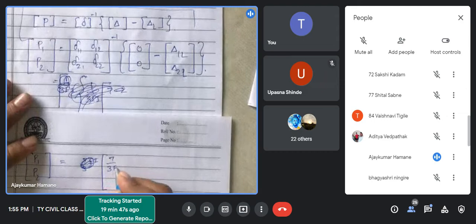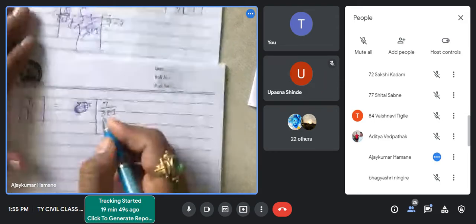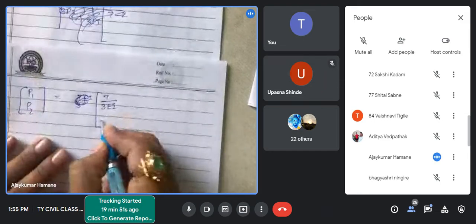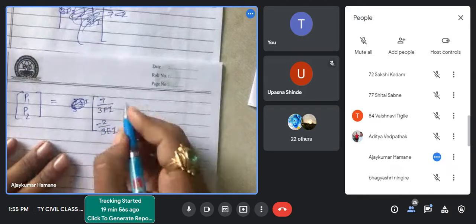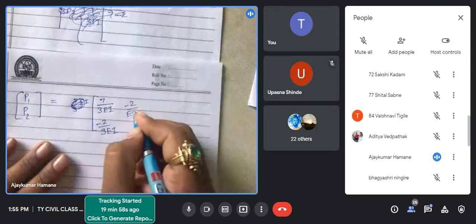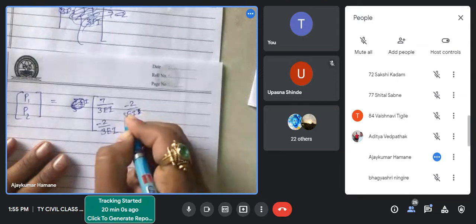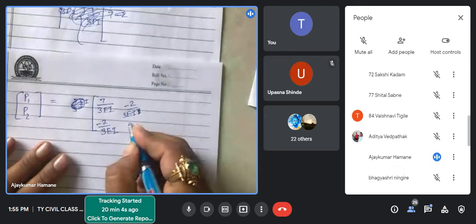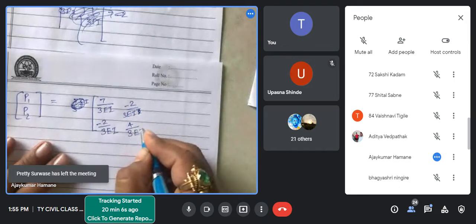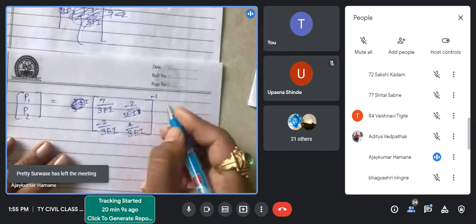Seven divided by 3EI, minus 2 divided by 3EI, minus 2 divided by 3EI, and here 4 divided by 3EI, the inverse of this matrix,